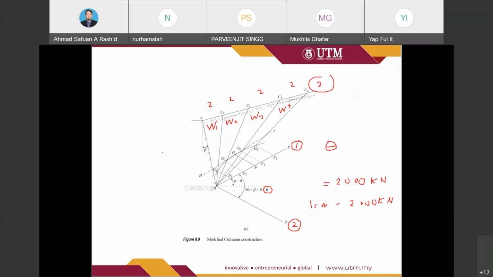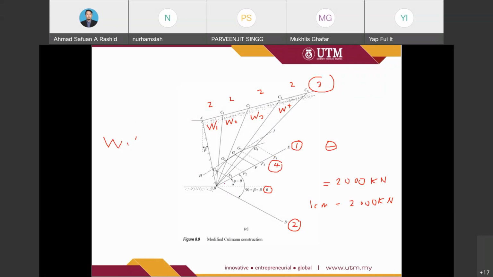So 1, 2, 3. That is the fourth step on this diagram. Once we know what the W prime value is,